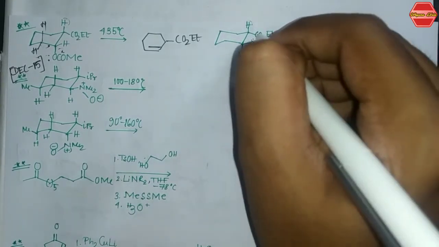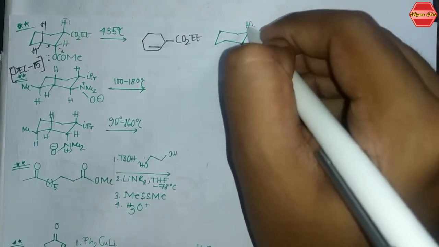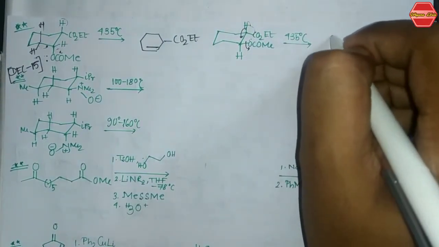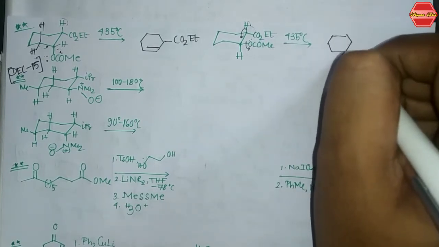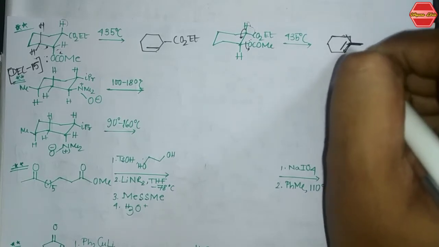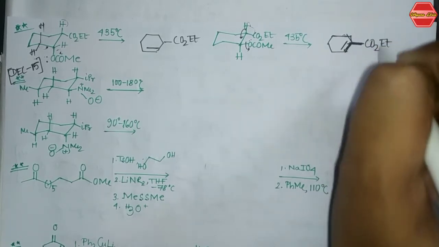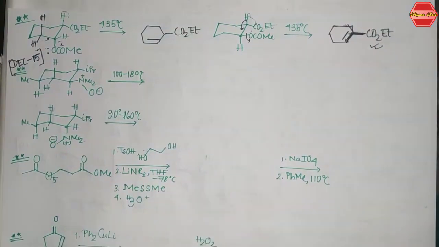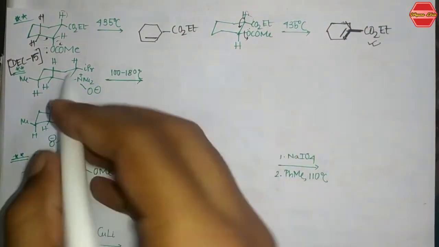So it takes a proton, it will go over here and leave from the system, and that is what you get from this reaction, this one, right? It is there, CO2Me. So this is what you get from this kind of reaction, right? Now see another example that you have, this one.